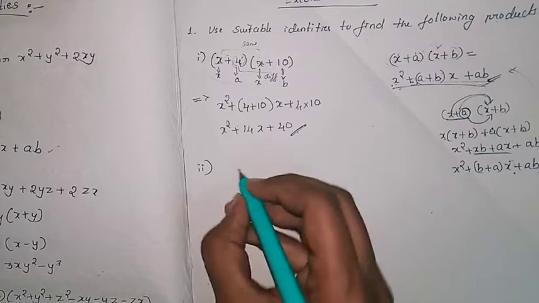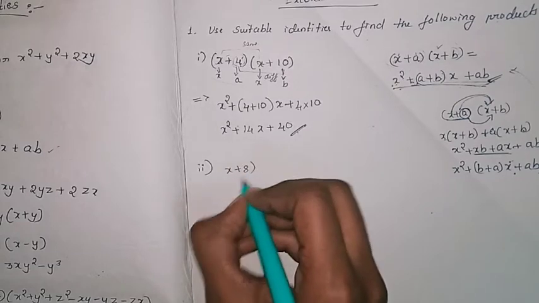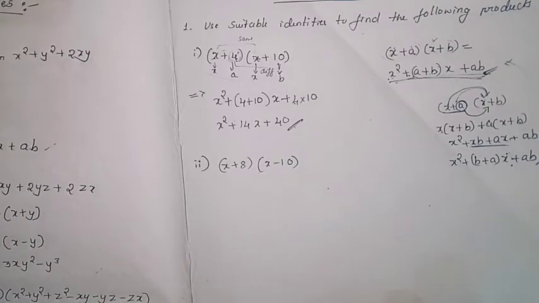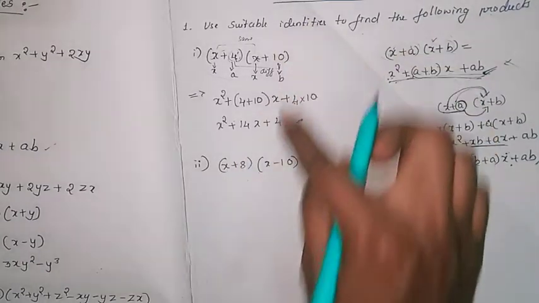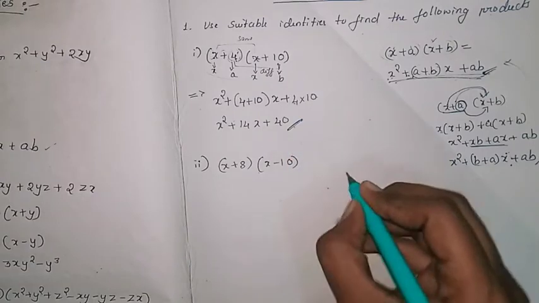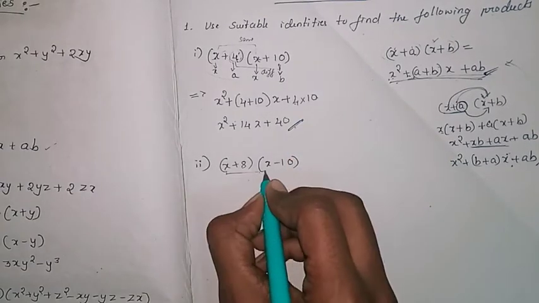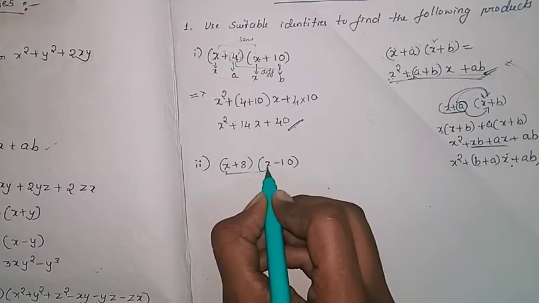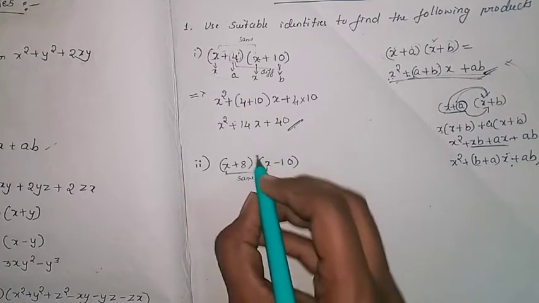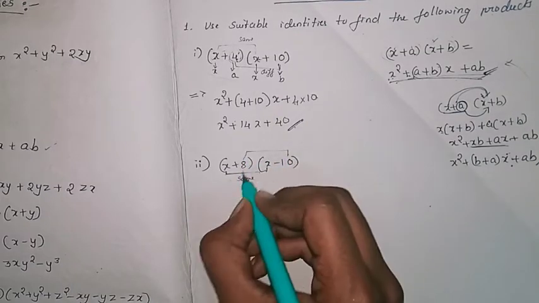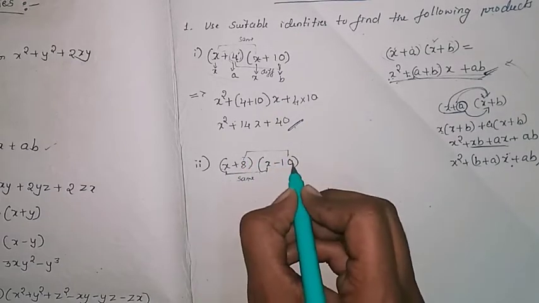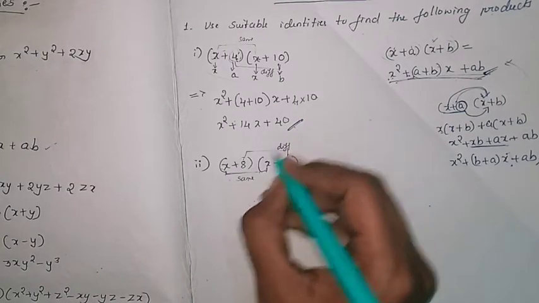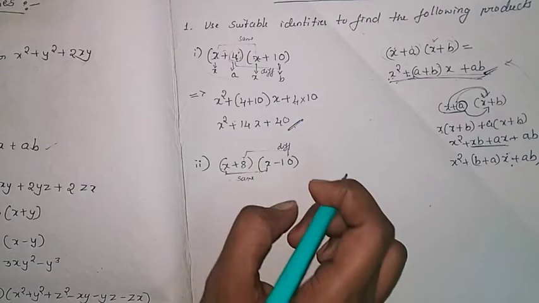Just write the second question, that is x plus 8 in bracket, they have given x minus of 10. Now you observe here, it is similar to this formula. So you can observe, first thing we have to observe is the terms' sign, whether it is same or different. You can observe the x term, the first term, is same here and the second terms are different, so that means x plus a, x minus b, then these are different. So as you know, these are the bracket terms.